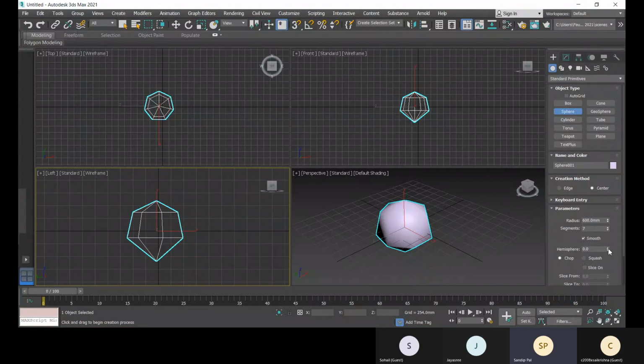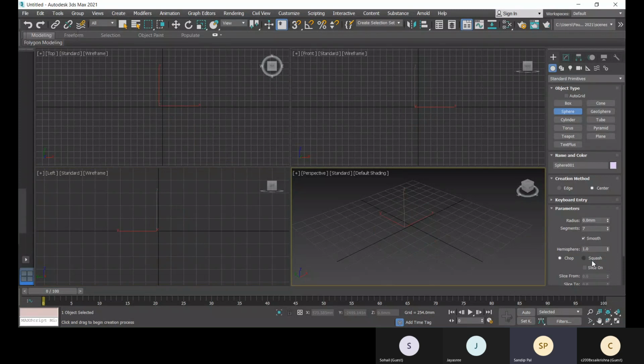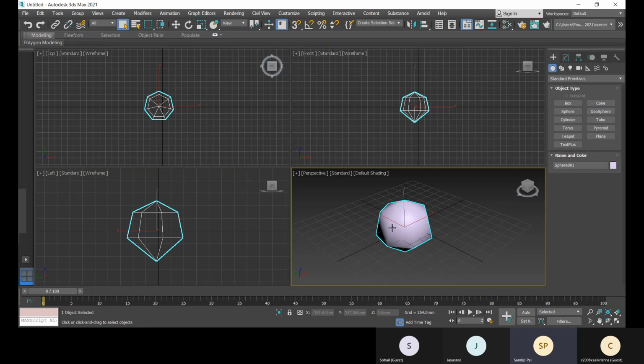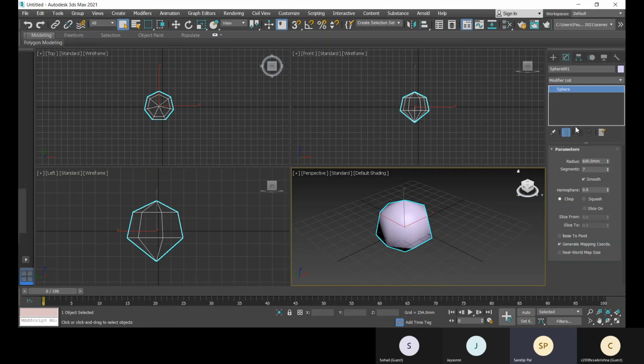If you do 180, 180 means half. Sorry, it's my mistake. Even after that you can go to the modify panel, and there you can provide 180.